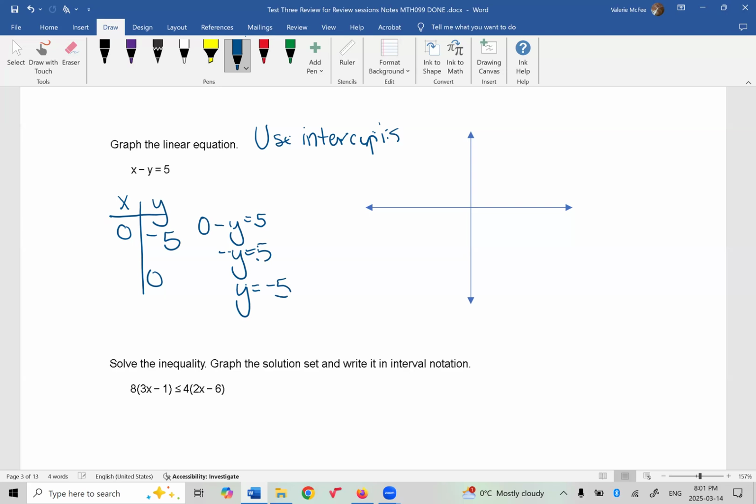So we have 1 point where y is -5. And when y is 0,